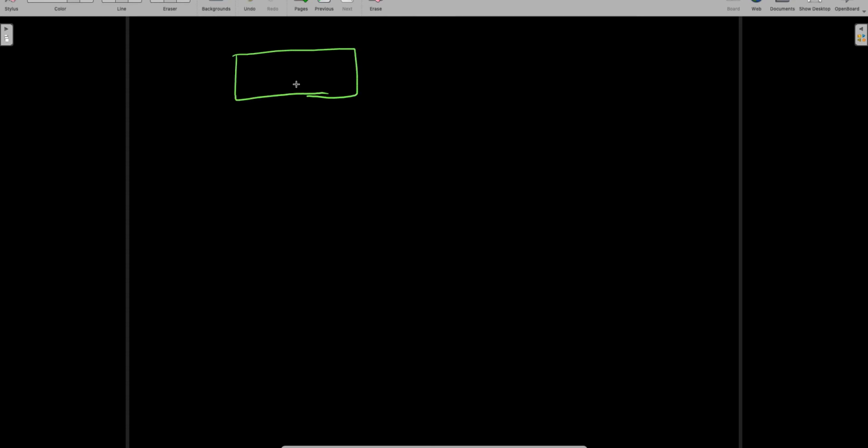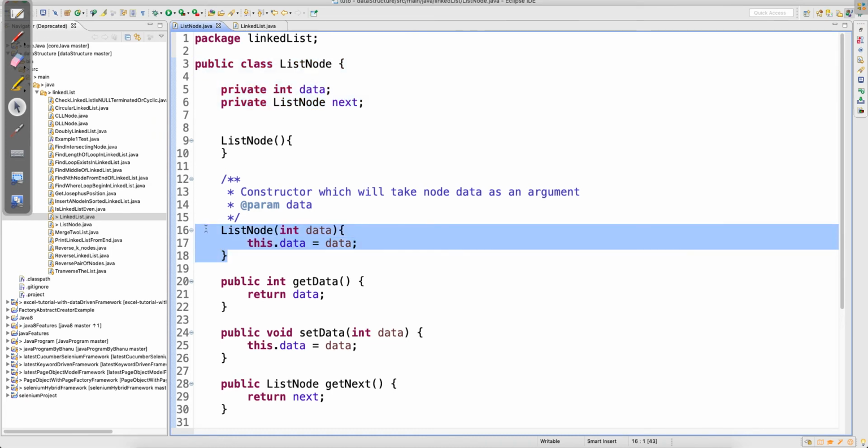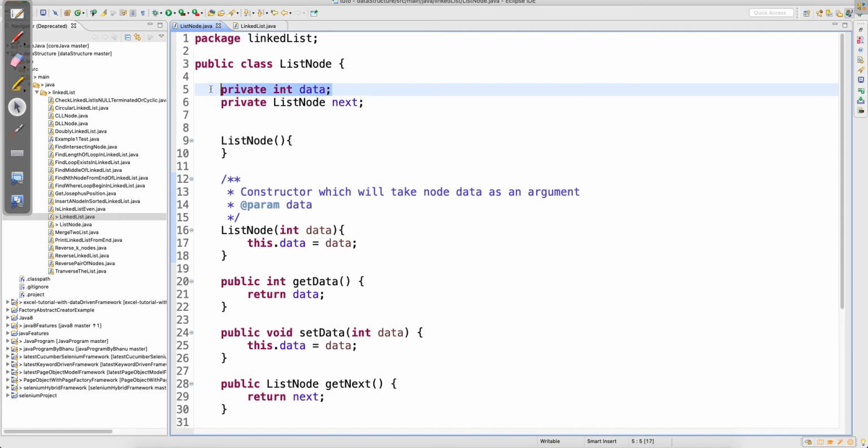Whenever you have a node it will have data, so data is equal to 5. And as I said, when you insert the first node, next will be pointing to null, because the list node has only one constructor through which you will initialize the data of your class variable.